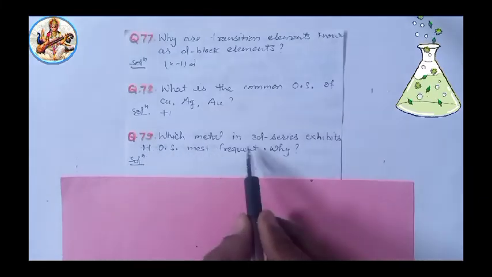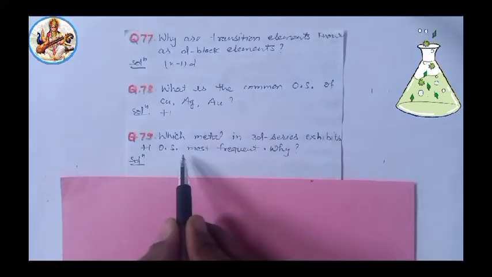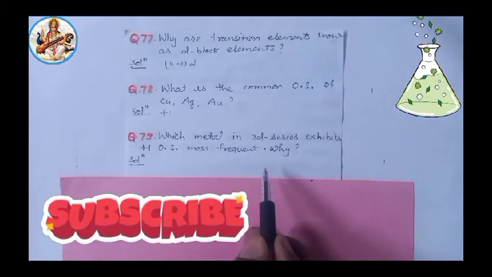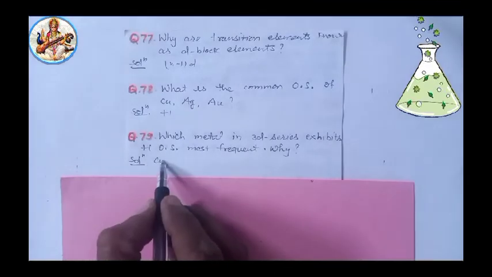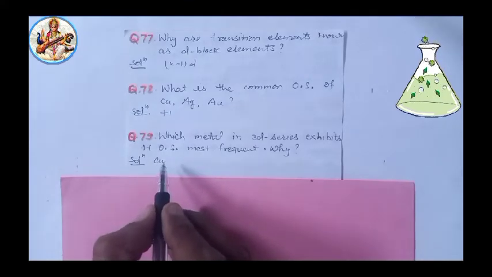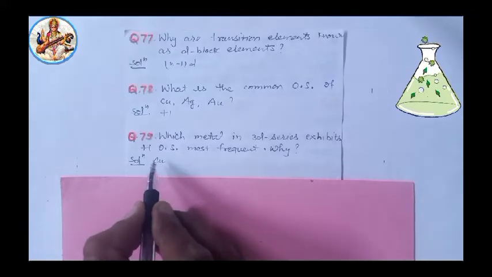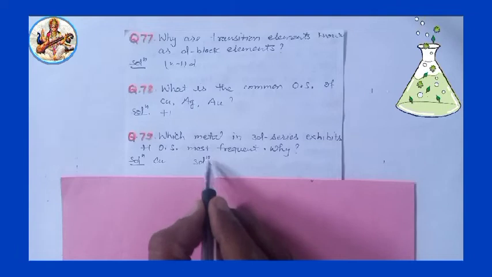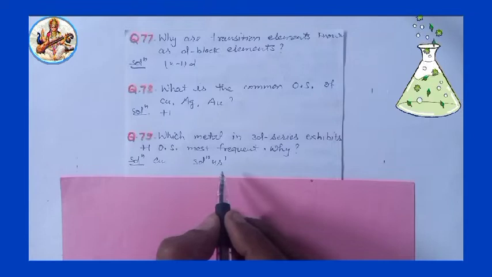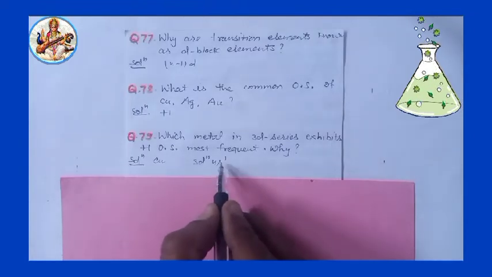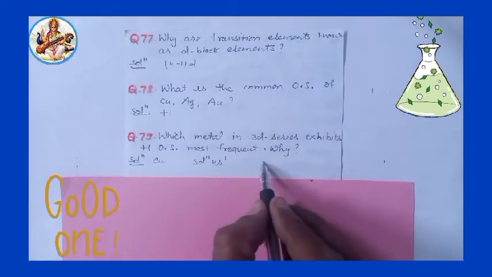Next, 79. Which metal in the 3d series exhibits the +1 oxidation state most frequently and why? Very important question. The answer will be copper. Copper exhibits the +1 oxidation state because copper has 3d10 4s1 outer electronic configuration. By losing one electron from the 4s orbital, it attains the stable configuration